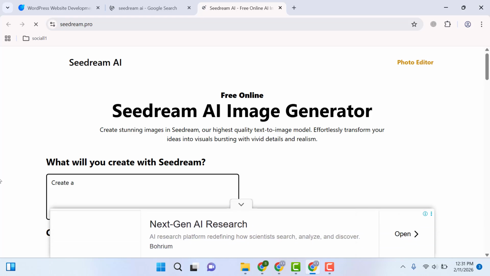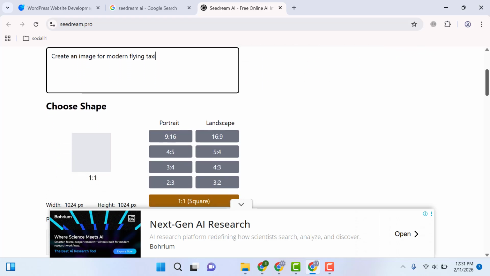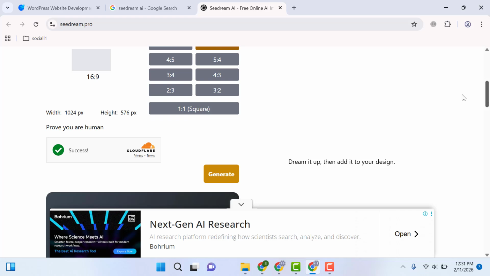create an image for modern flying taxi, and now scroll down. So you need to select image aspect ratio. I will recommend you this one for the landscape. Then scroll down. After that, click here generate button,